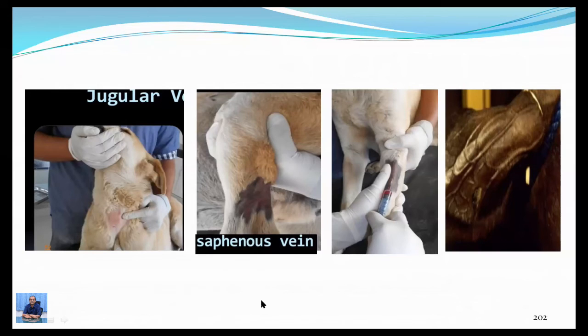And coming to your question, that's drop by drop: the administration is only by the intravenous route, especially the fluids, and sometimes the antibiotic, and most of the times the blood. Whenever the blood needs to be given, it needs to be given very slowly. That's why the blood will go drop by drop inside the vein.